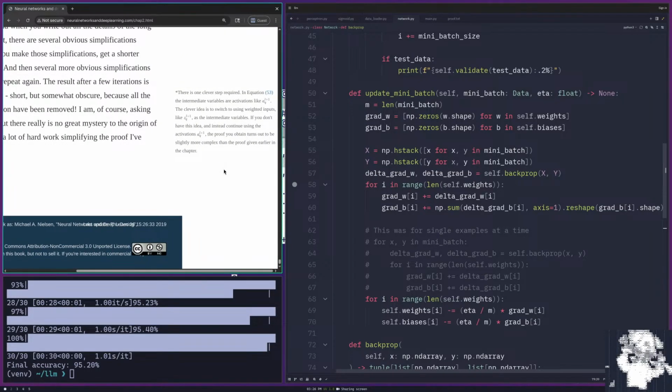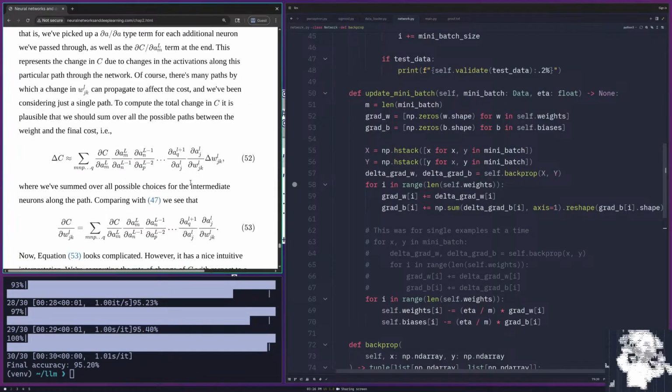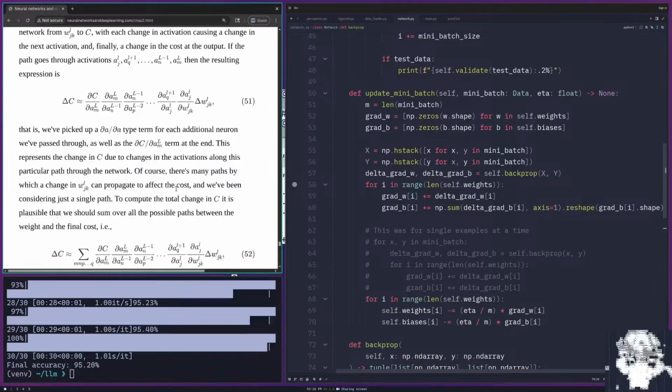Footnote: there is one clever step required. In equation 53, the intermediate variables are activations like a^(l+1)_q. The clever idea is to switch to using weighted inputs like z^(l+1)_q as the intermediate variables. If you don't have this idea and instead continue using the activations, the proof you obtain turns out to be slightly more complex than the proof given in the previous chapter. That also makes sense, because that's the other